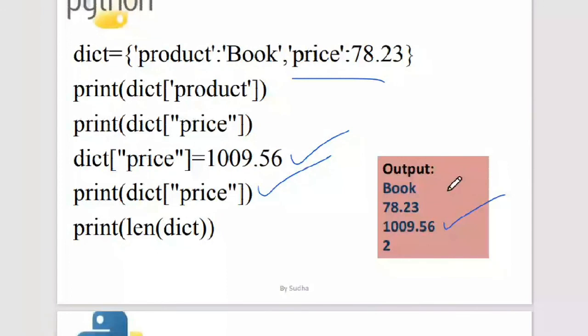And there are many operations. Just to show one operation, you can just say len of dictionary. This is just like finding out the length of the string and all that. You can also use len for the dictionary. I said len of dictionary. Okay, so how many key value pairs are there? So there are two key value pairs. This is 1 and 2. Okay, so there are two key value pairs. So it is giving me a 2 over here.